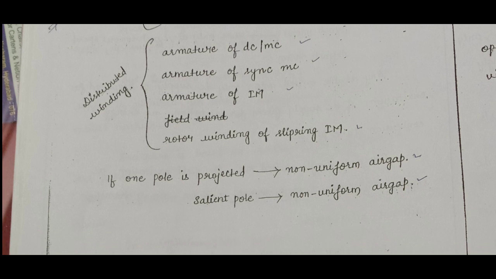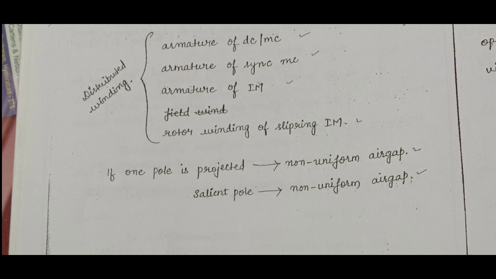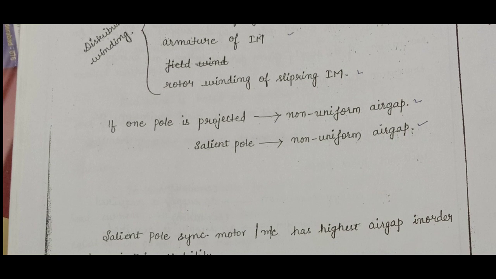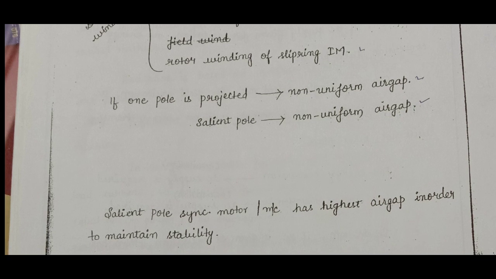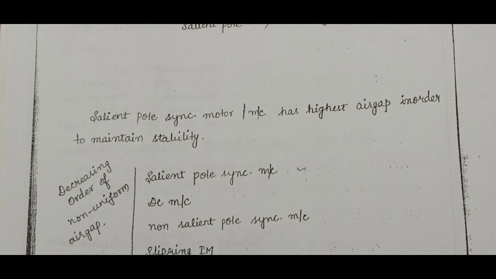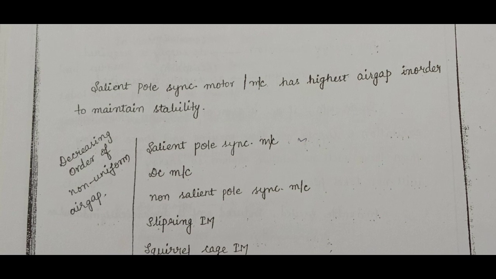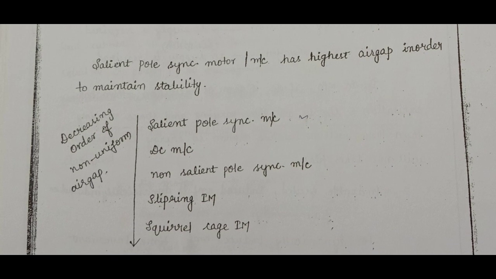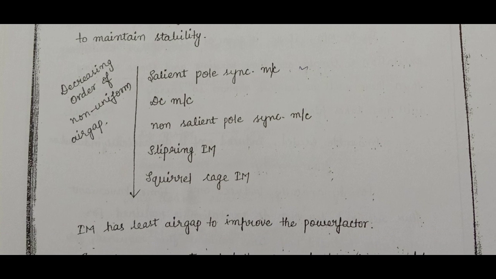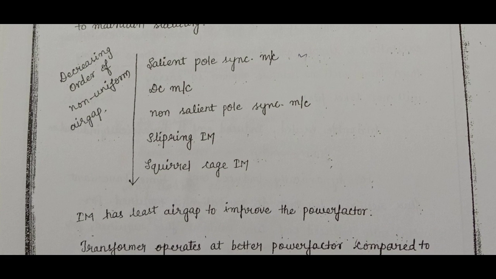If the pole is projected, it has a non-uniform air gap, and is also called salient pole. A projected pole is also called a salient pole. It is a non-uniform air gap. The salient pole synchronous machine has the highest air gap in order to maintain stability. Decreasing order of non-uniform air gap: salient pole synchronous machine